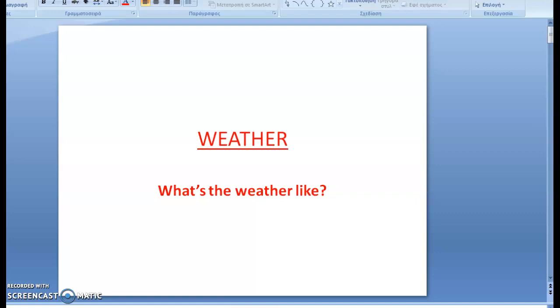Well, today we'll learn to talk about the weather. Take a look outside your window. What can you see? What's the weather like? Is it sunny? Is it raining? The question that we use to ask about the weather is the question, what's the weather like? What's the weather like? Well, I want you to take a look at this picture and tell me,